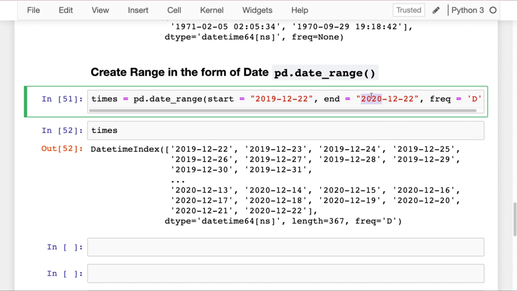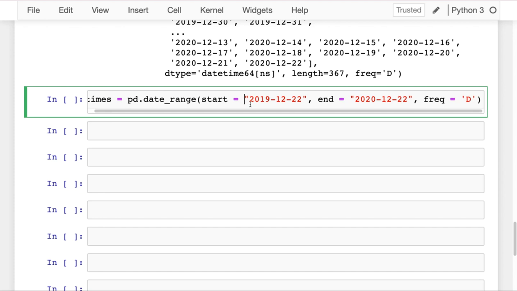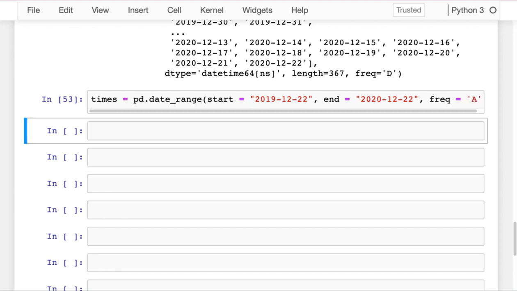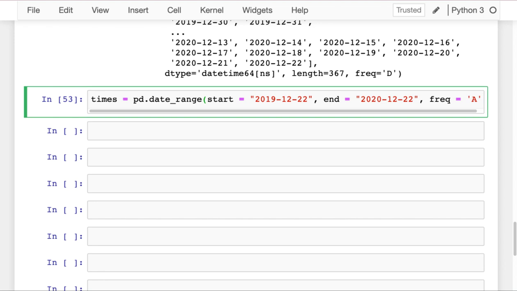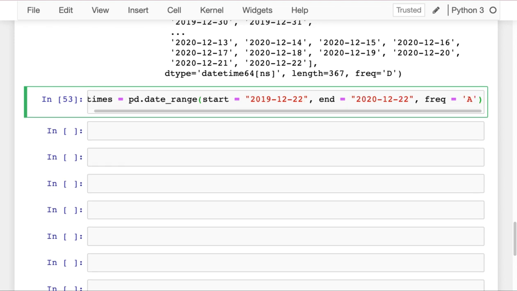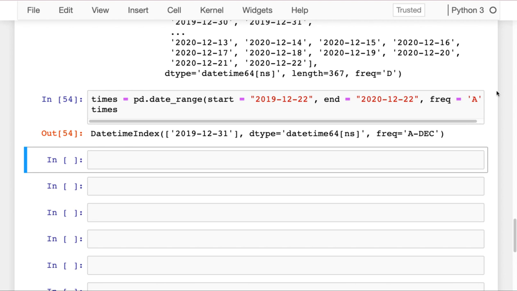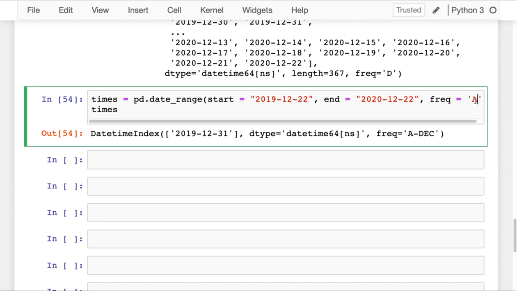Now the question is, let's say if you want to change this frequency, then how can you do that? That is also very simple. Let's say you want to change this to year, then how would you do that? Just make freq equal to A, and let's say you say times is equal to like this. So A represents the yearly frequency. That is why there is only one